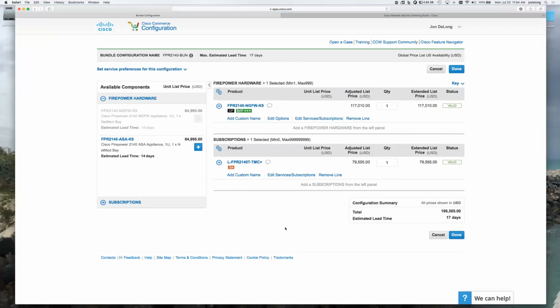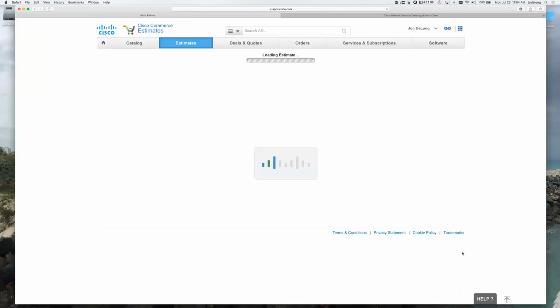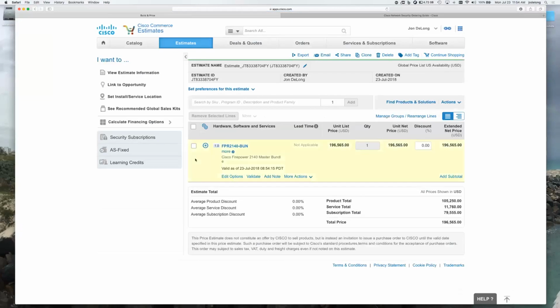Okay, now we go back to our configuration and we take a look at it. I don't see any warning errors popping up, so I'm going to say that I'm done. And this will bring us back to the main screen where we started. And this is where we'll talk a little bit about bill of materials. So essentially, by configuring that bundle, you've created the bill of materials for this particular order that we're going to do. And from here, if we want to see what's actually in there, we can click the plus button, and